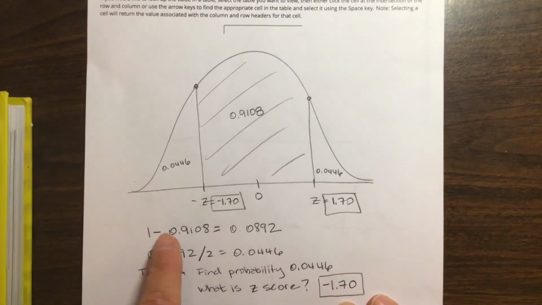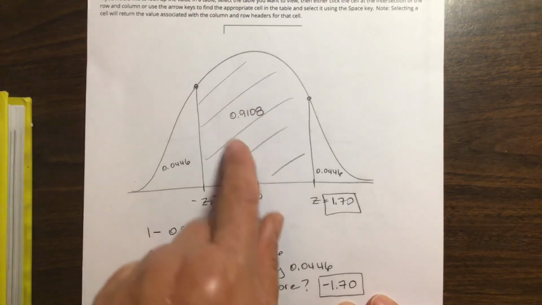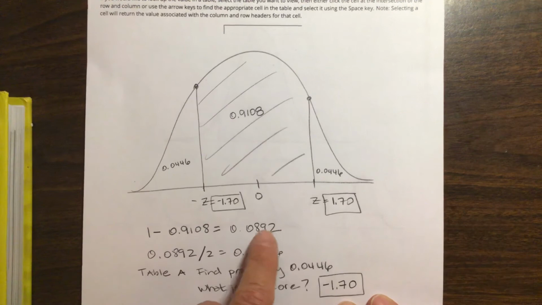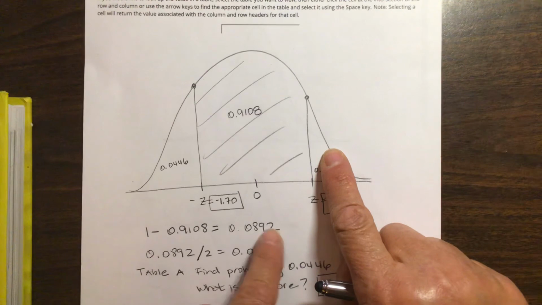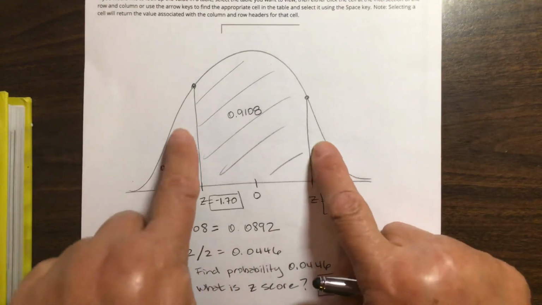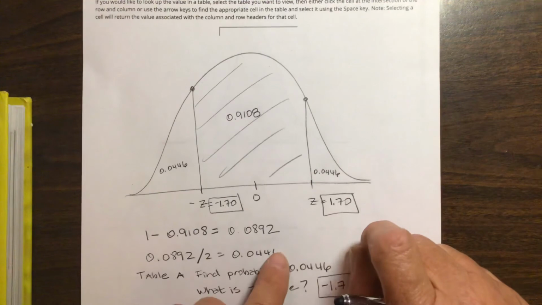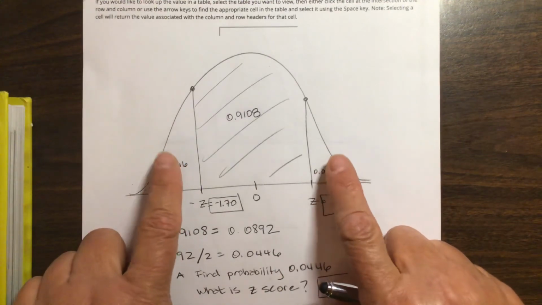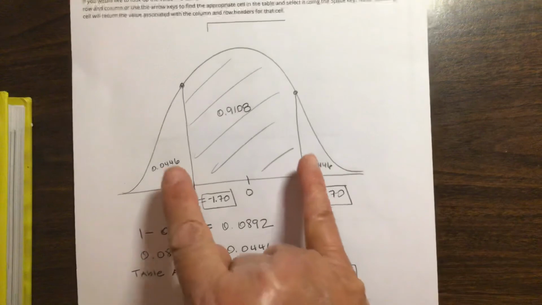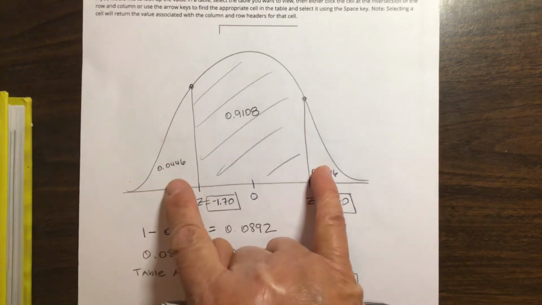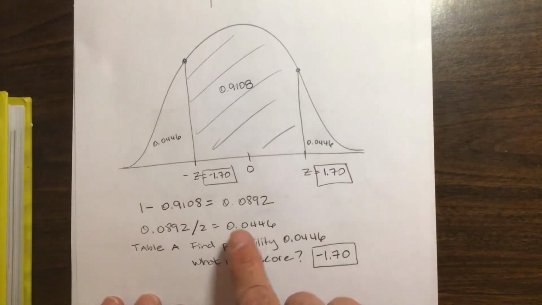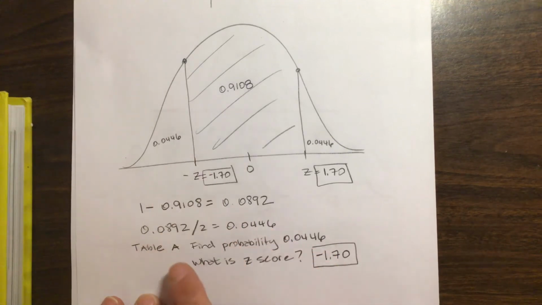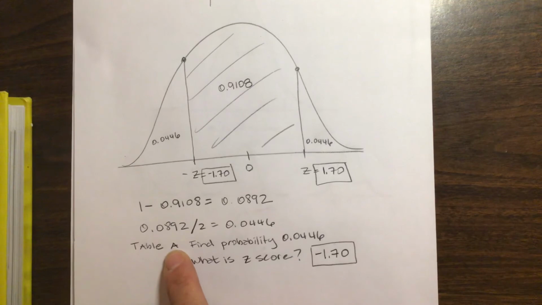First, we're going to do 1 minus the probability that they gave us in the problem, and that's going to give us the rest of the area under the curve. Then I'm going to divide that value by 2 because I have 2 pieces here. And that's going to tell me how much the area is for both of these. Now, obviously, these should have exactly matched in size, but it doesn't really matter for our calculations. Okay, so when I get my divided value, now I'm using the table